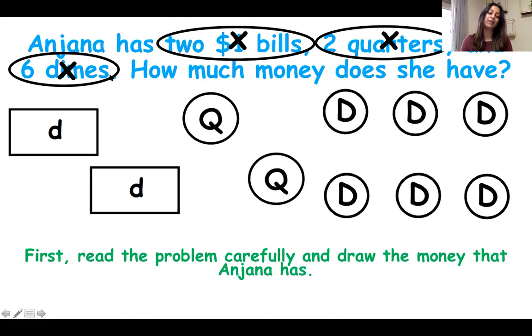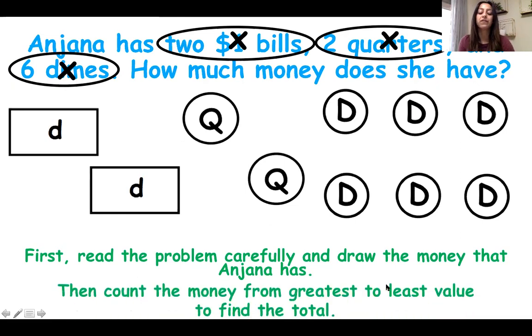Then I cross that out so I know. I'm going to check to make sure I didn't forget anything. So I have 2 $1 bills, 2 quarters, 6 dimes. Awesome. All good. Now it's time to count from greatest value to least value to find the total value of